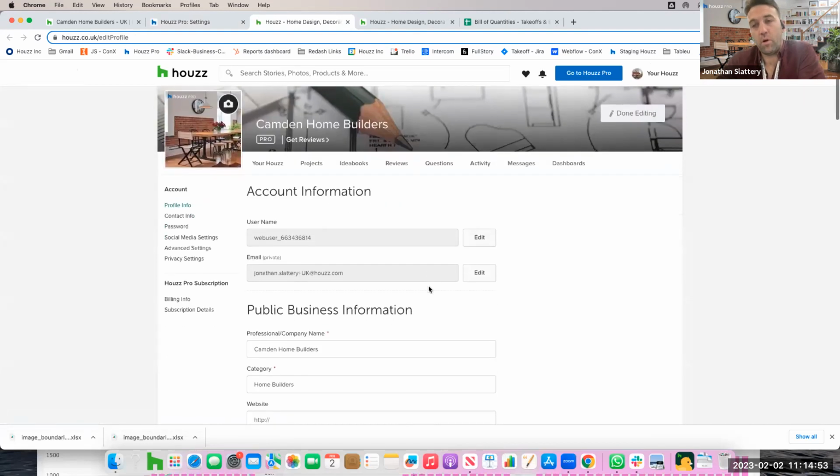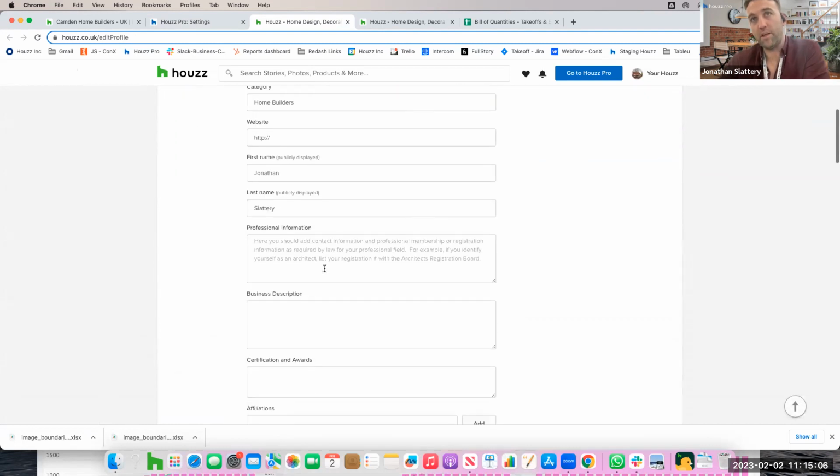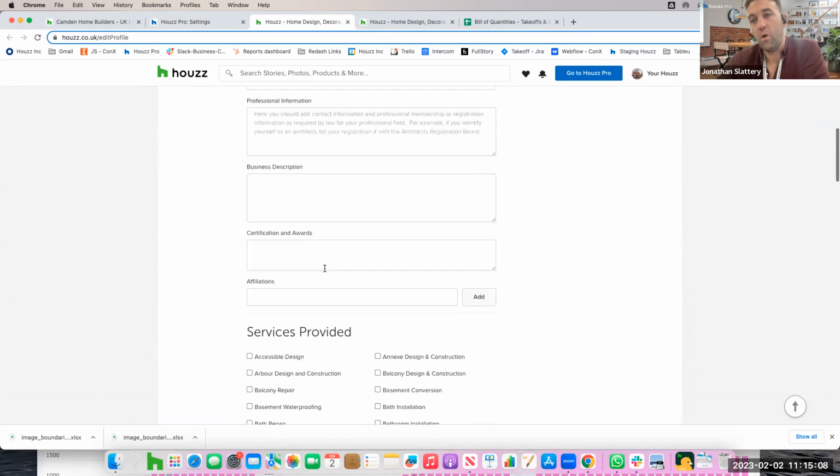So here's where you can put all of the information about your company. If you have a website, your own name, your phone number, things like this, and then your professional information. Everything you put in here will appear on the public facing